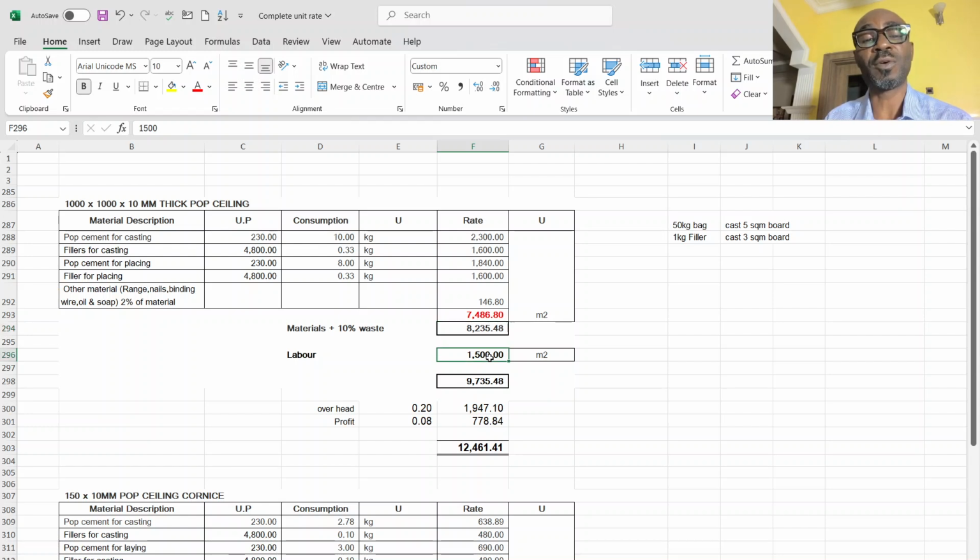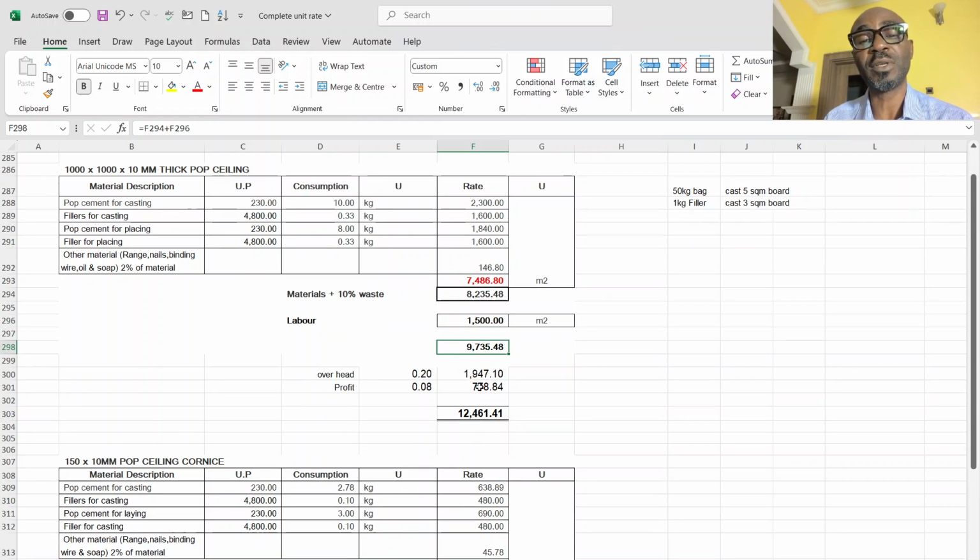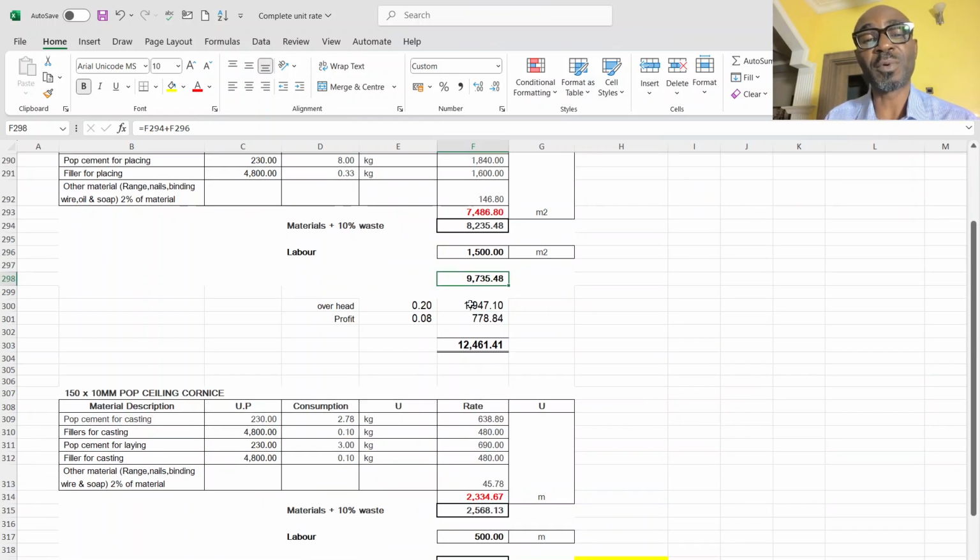8,235. Then the cost for 1 square meter labor for casting and fixing. Casting and fixing is 1,500, brings you to 9,735. You add your profits and your overhead, you come to 12,600 and